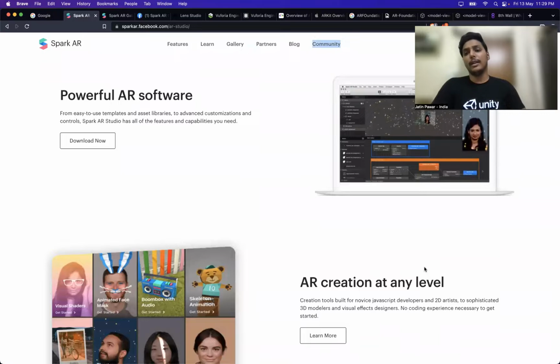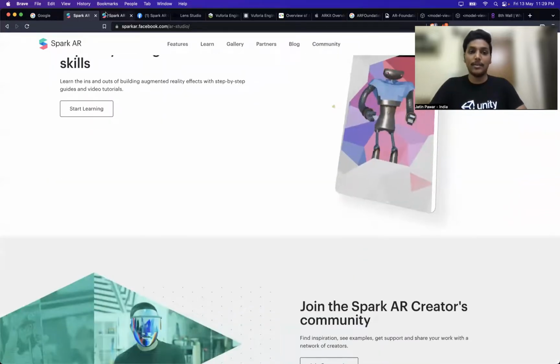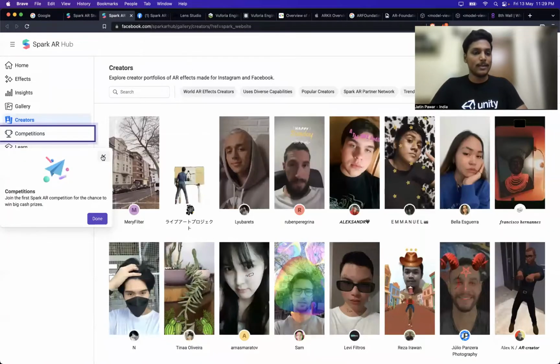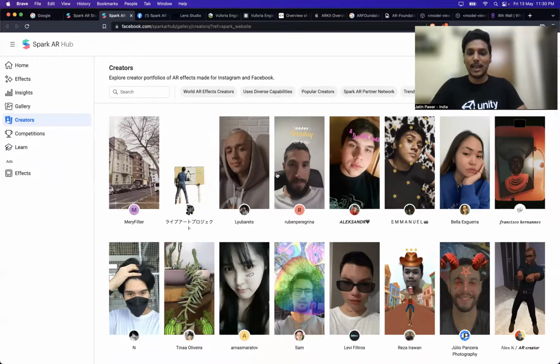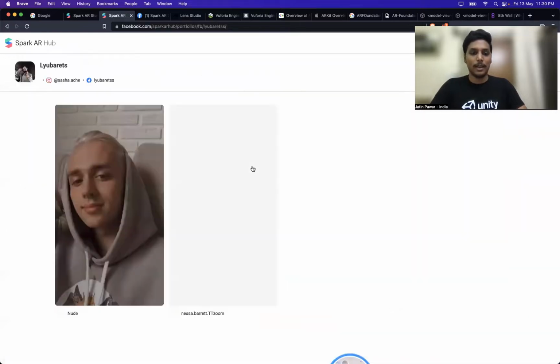Most of the filters nowadays are face based. I believe Snapchat was the first to do this kind of stuff, and people were using these filters without even knowing that this is AR. Everybody was just having fun, but this is AR itself. This comes under AR. These are a few filters that have been created by people,